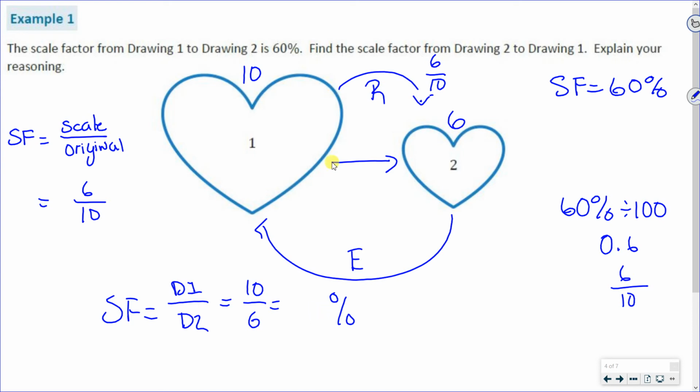All right, so 10 divided by 6, okay? Well, we can't do 10 divided by 6, but I can borrow real quick. 6 can go into 10 one time, leaving a fraction of 4/6. So this is 1 4/6. Well, 1 4/6 reduces to 1 2/3, which gives me a